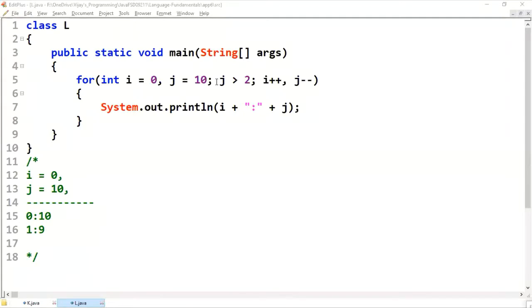Whenever j becomes 2, the for loop will terminate. Whenever j becomes 2, control will come out of the for loop.